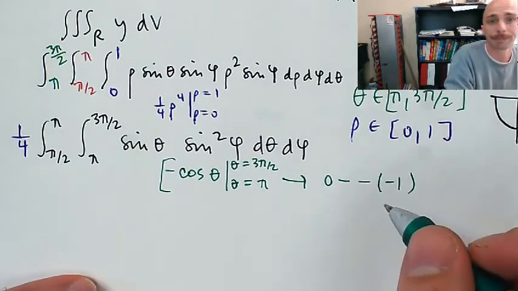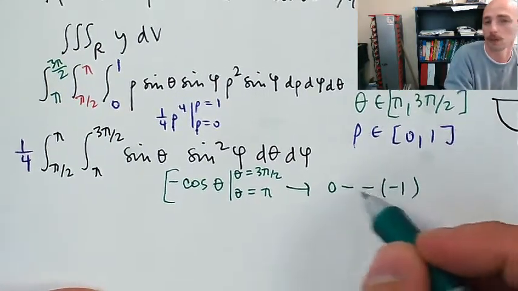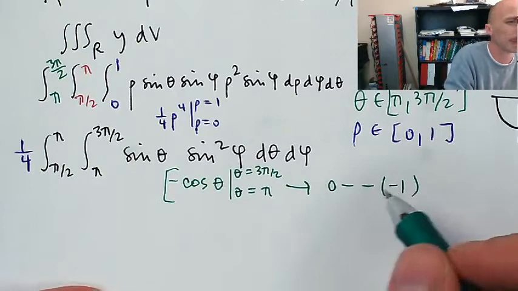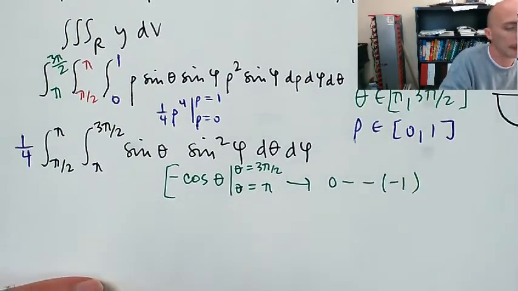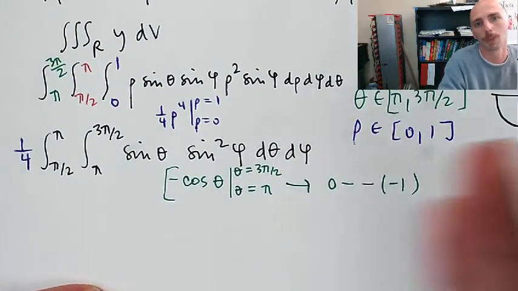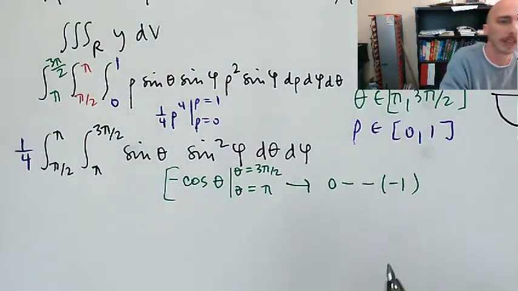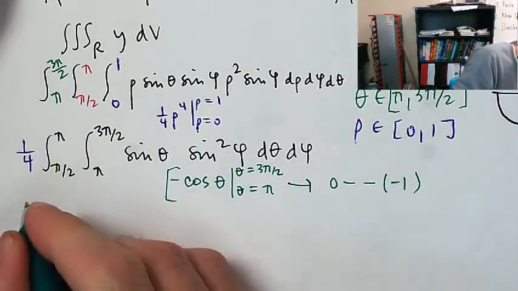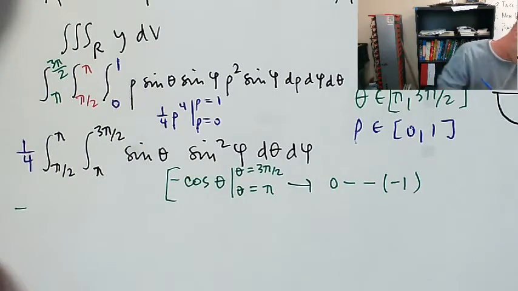I'll be honest, I feel like I could have made an error right here, but it was probably negative 1, especially because we're looking at the integral of y where y is negative. I should introduce some negativity eventually. So I'll get a negative 1/4